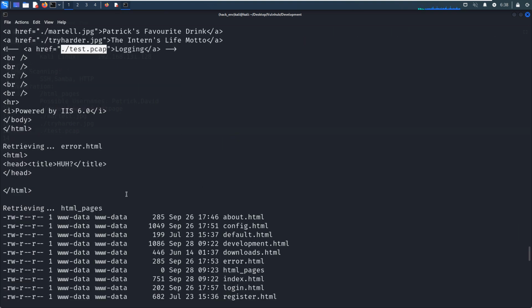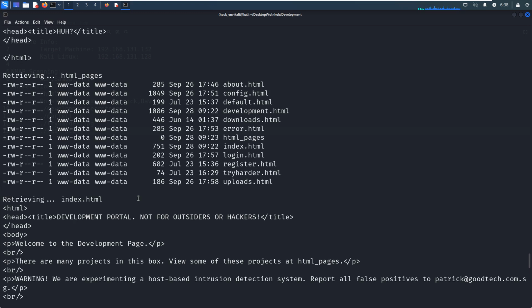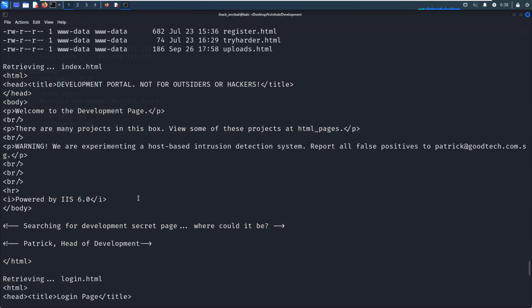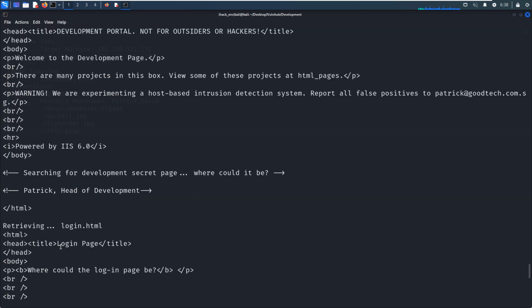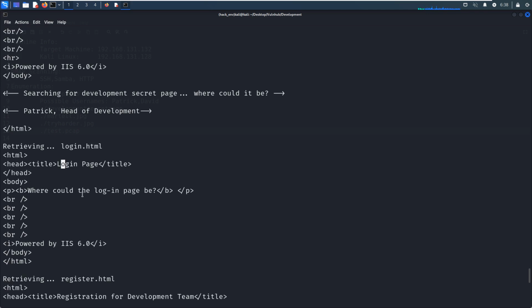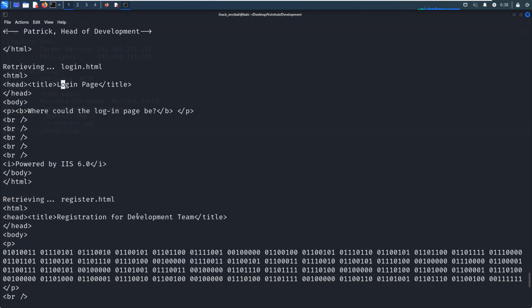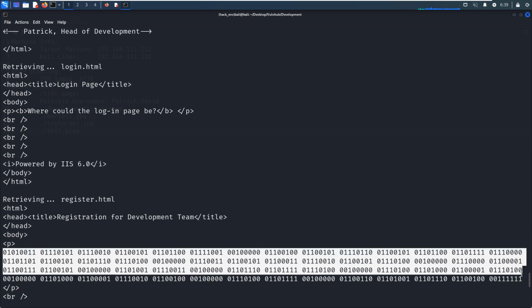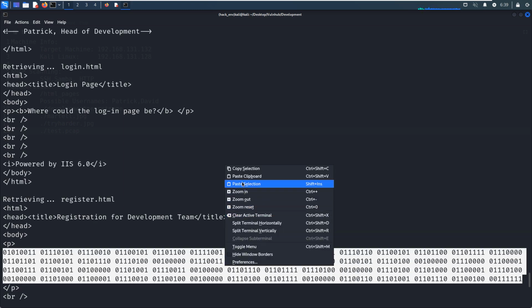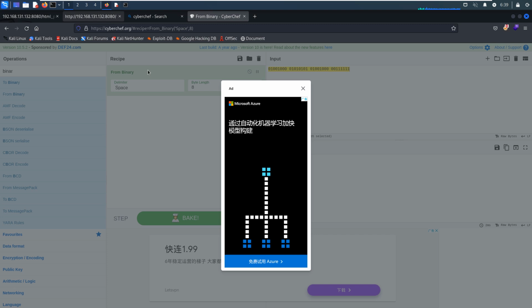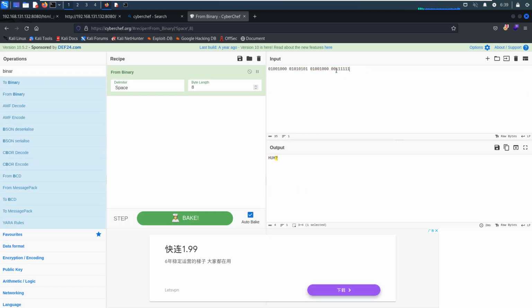So retrieving error. I don't think this is the login page, this is not an actual login page at all. So where could the login page be? We need to find out later. So registration, oh, we got some more binary data. We can copy the selection and paste in here.